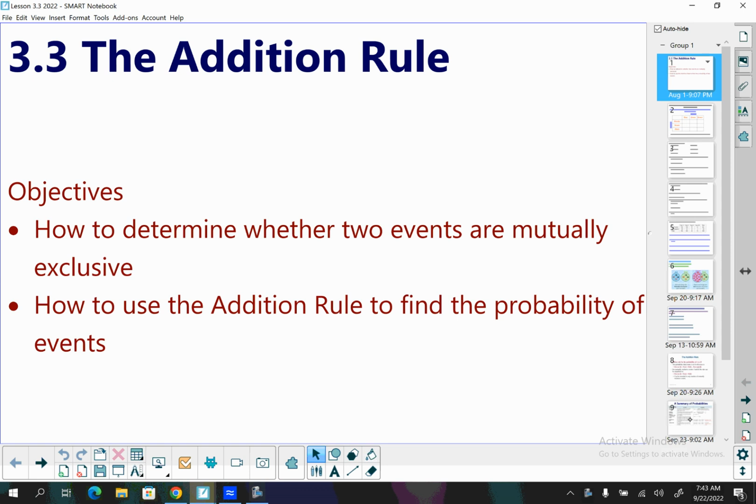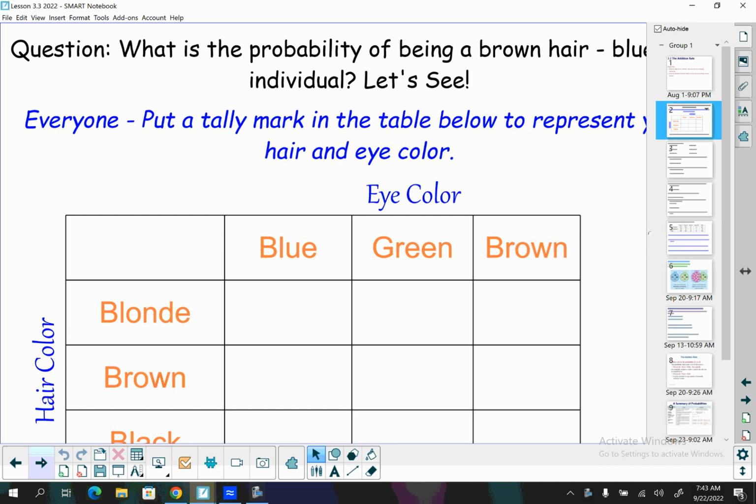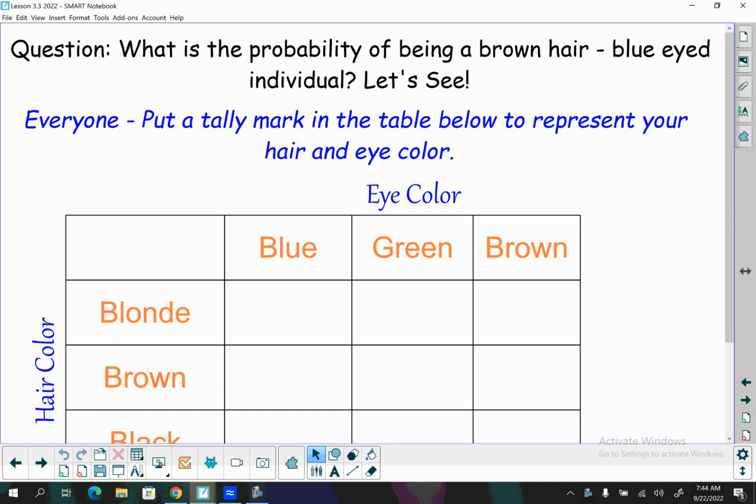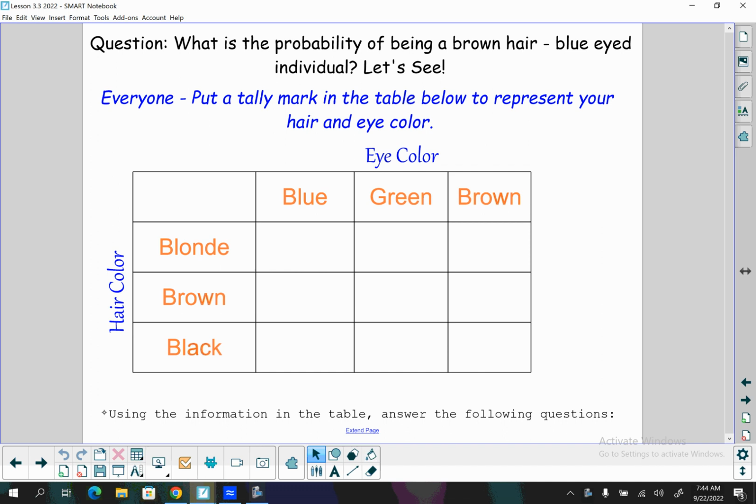Today we're going to do all of section 3.3. We are going to start with some things that are on that paper that I just gave you. So I've got this little chart on the front board here. We're going to try to figure out the probability of people in this room of being a brown hair, blue-eyed